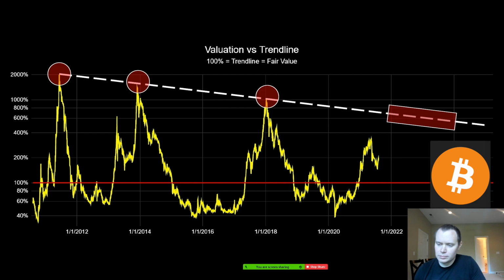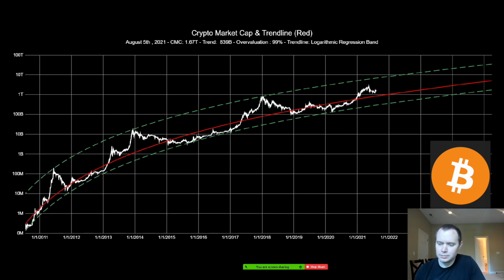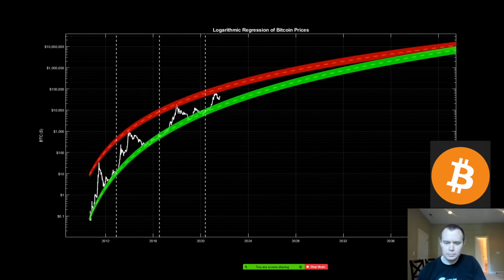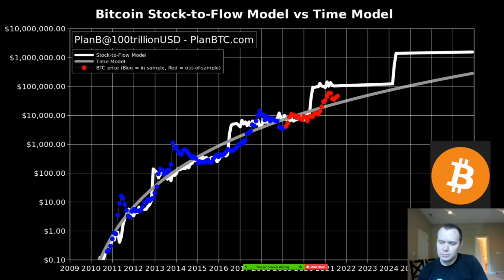But I understand your view, and if you go back to that other chart, so I understand this more. So the red line, using all the data points, and that's essentially what you had on your model, I believe. But if we go to that chart again, where the stock to flow and that fair price uses all the data points, that is a model I know very well because I had that model as my go-to model before I had stock to flow X. So I basically ditched that model in favor of stock to flow X, and maybe it's interesting to tell you why, because